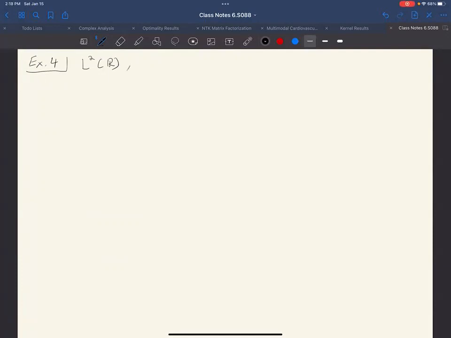Okay. So I'm going to take the most general notion of L2 of R. I'm going to say a function f that's real valued belongs to L2 of R if the integral from negative infinity to infinity of f of x squared dx is less than infinity. And what does this actually mean? Well, why do we choose this? In some way, it's a continuous version of the sum that we had in the previous slide. And of course, this will arise in functional analysis a lot as a